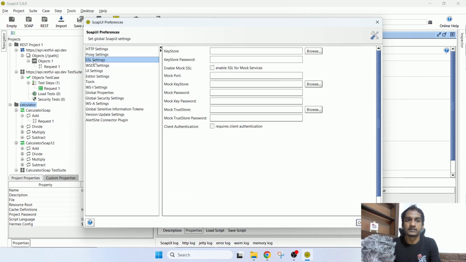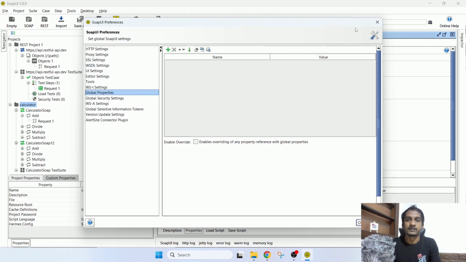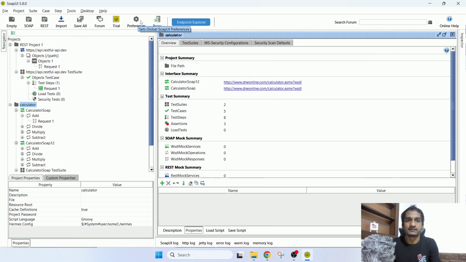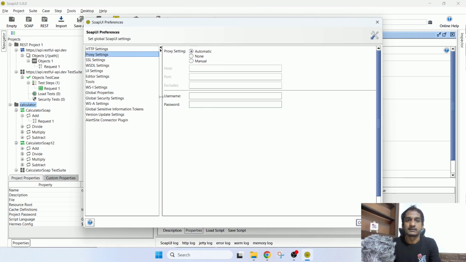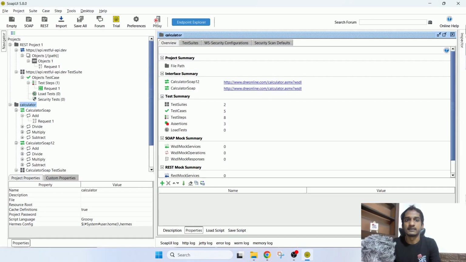Proxy if you need to configure, SSL, WSDL, likewise all these configurations you can change from the preferences level, and from here also you can enable or disable the proxy. So if you create the proxy here, give host, port, username, password information, and then you can enable and disable the